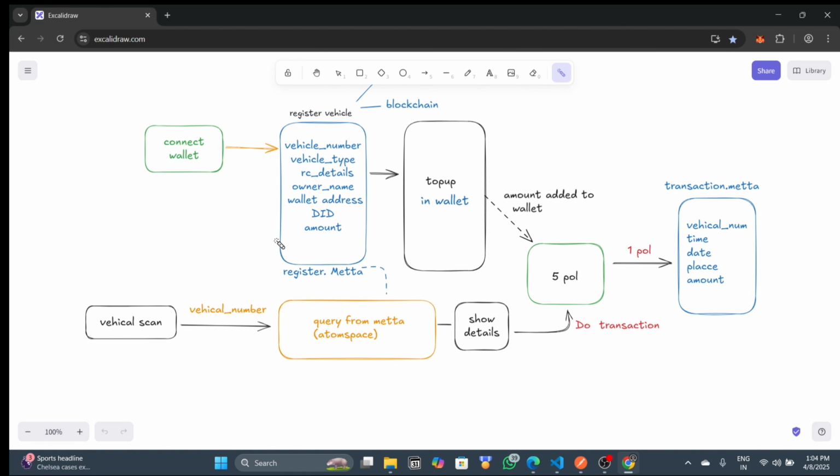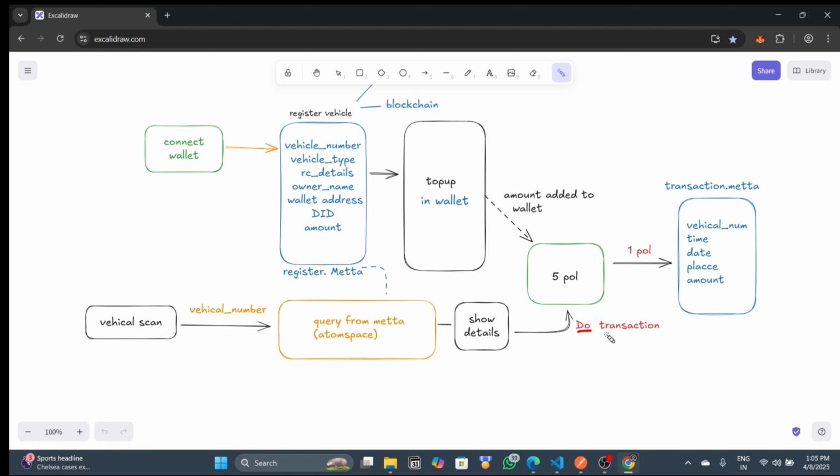Now we are coming to the actual flow. When a vehicle comes to a toll, what happens? We have an ML model which scans the vehicle, and we get the vehicle number from there. And with the vehicle number, we query the meta file. We have the operations running. I will show it later on. And we get all the details from that meta file, also the wallet address. And through our smart contract, we calculate the amount to be deducted based on the traffic right now, and other details which are passed